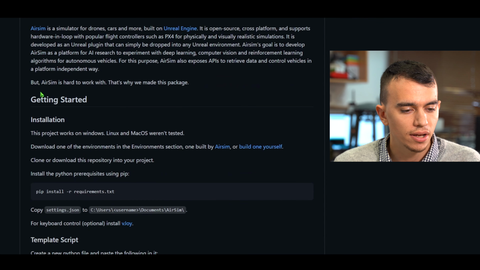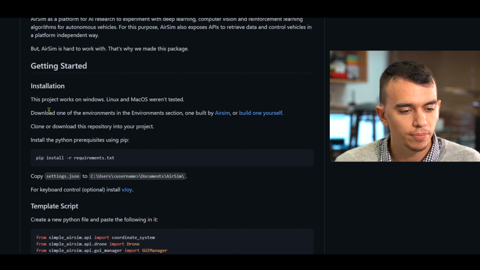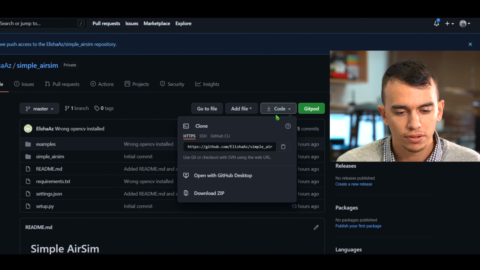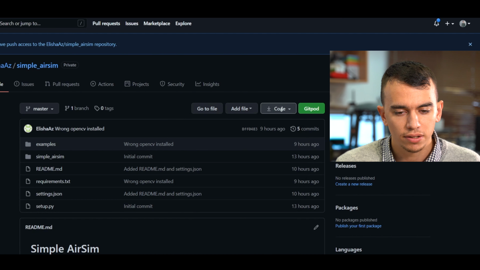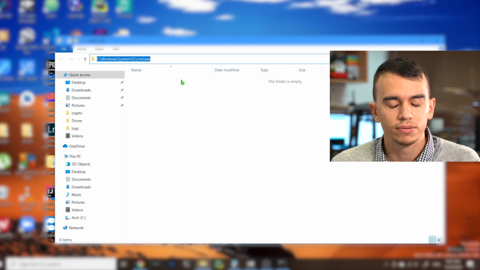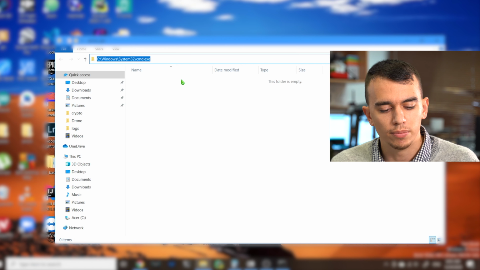So, getting started. Let's look at the getting started page at the GitHub, and we have the installation guide. So first of all, you're going to the GitHub page, you're going to click here at code and download all the source code from here. Another way is to click code and download zip file. So now I'm going to download the source code from the GitHub.